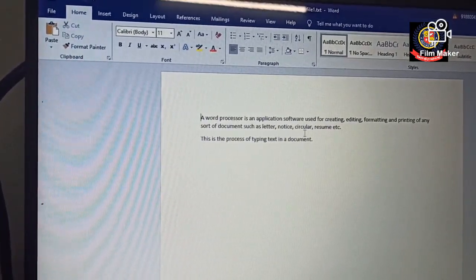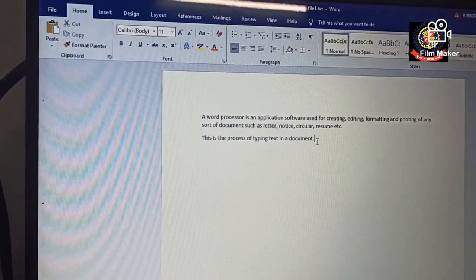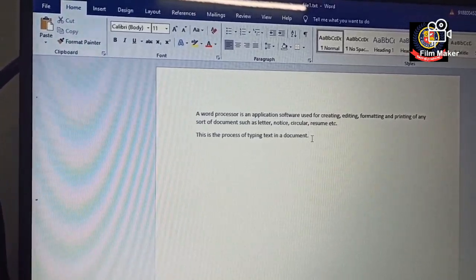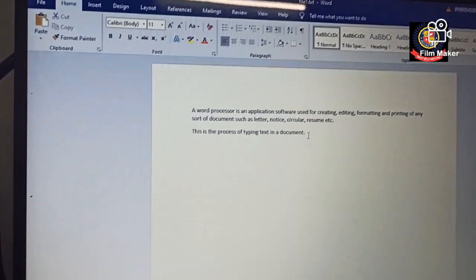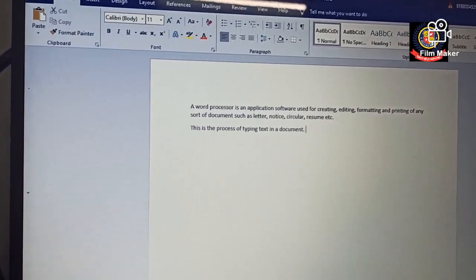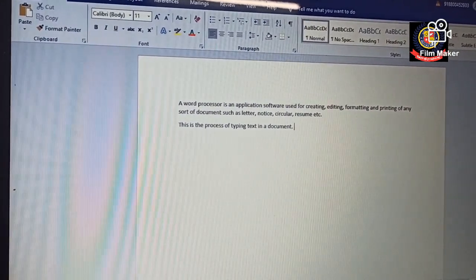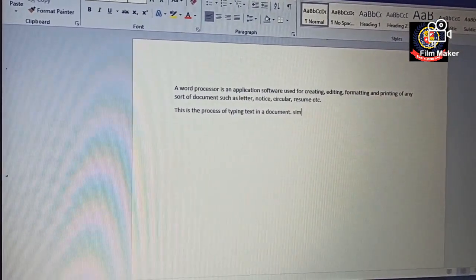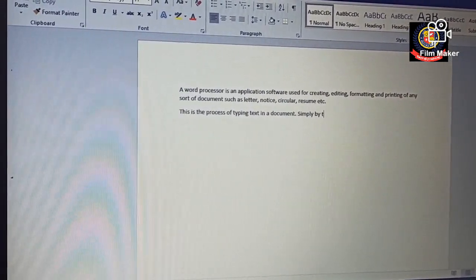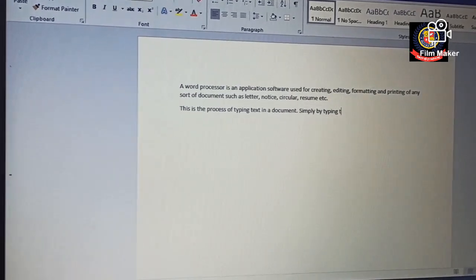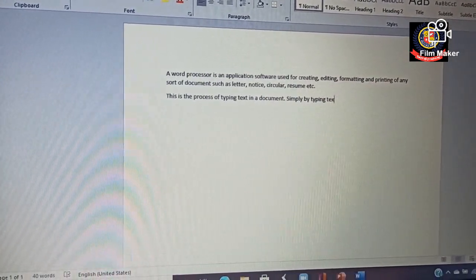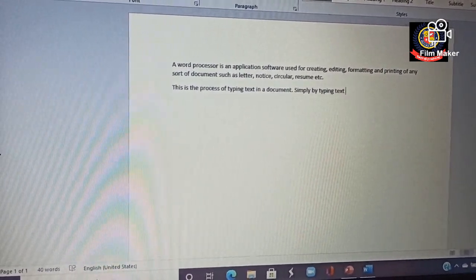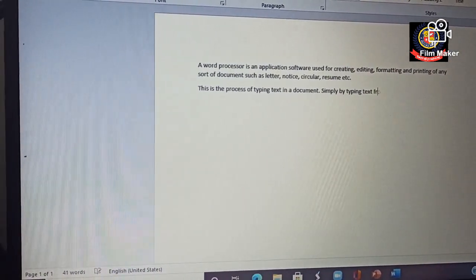The file is going to open in front of me. Now suppose here I am making some changes. Here it is written that this is the process of typing text in a document, and if I want to write something else, simply by typing text from the keyboard.